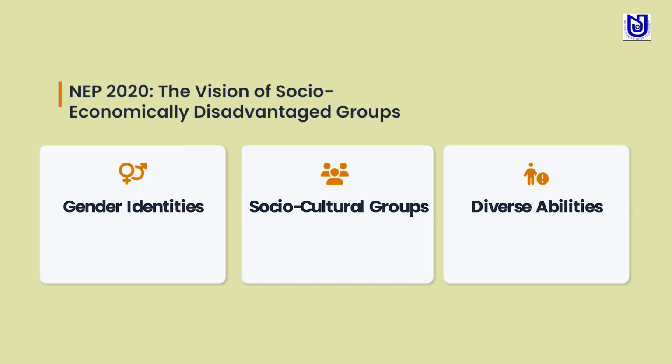Through the NEP 2020, the goals such as gender identities, that is targeted funding for girls as well as transgender learners, the target of social cultural groups where specific pedagogical strategies were aimed to counter discrimination and exclusion faced by socio-cultural groups, as well as the NEP's target of promoting diverse abilities, that is explicitly aligning the educational policy with the RPWD Act of 2016, prioritized cross-disability learning, trained teachers and accessible digital curriculum tools, thereby promoting universal design for learning.